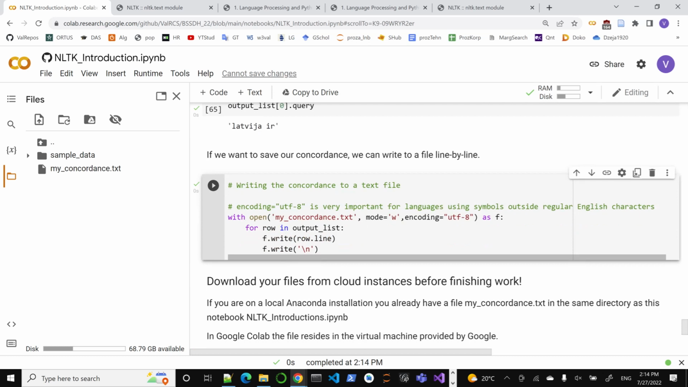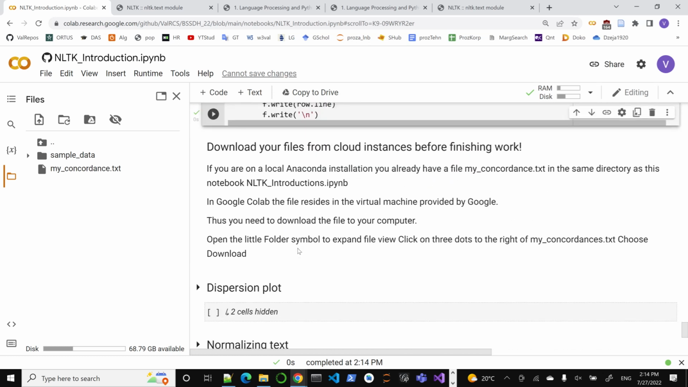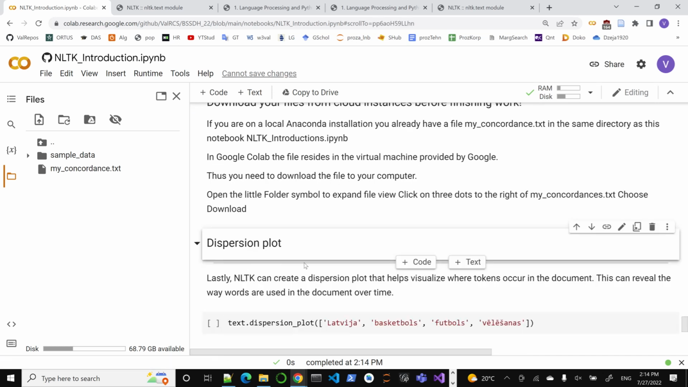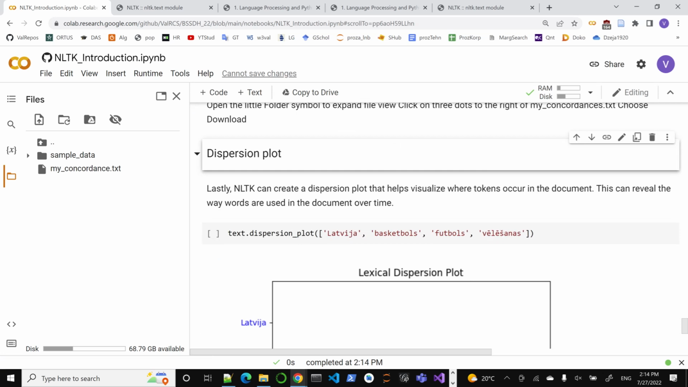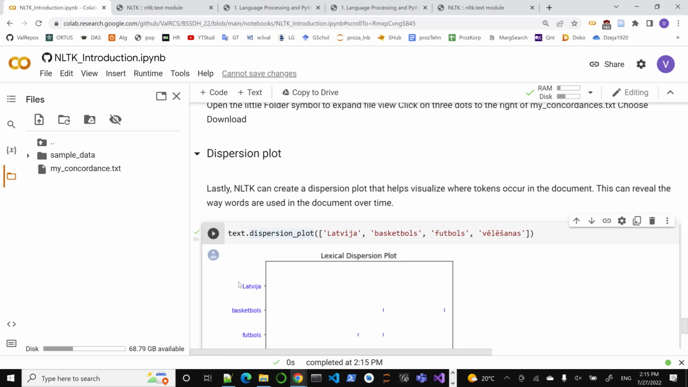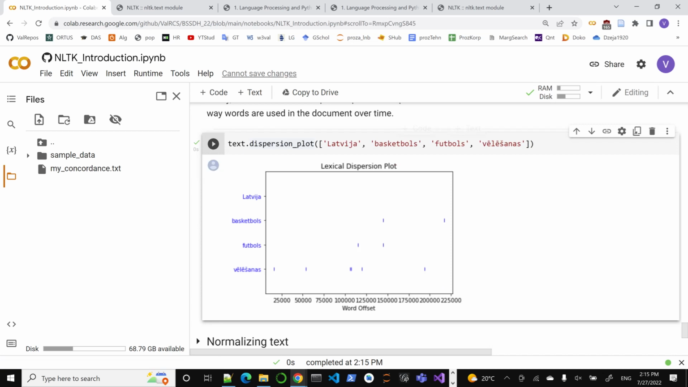Okay, what else can we do? We are nearing the end of this block of NLTK introduction, but let's look at dispersion plots again. As you saw before, we can get dispersion plots for example of Latvia, basketballs, footballs, violations. Actually, I think we should say Latvia in lowercase, since we lowercased everything already. Yeah, and that should change the result. Yes, quite a bit actually. So we see the mentions of Latvia, basketball, football, and violations or election